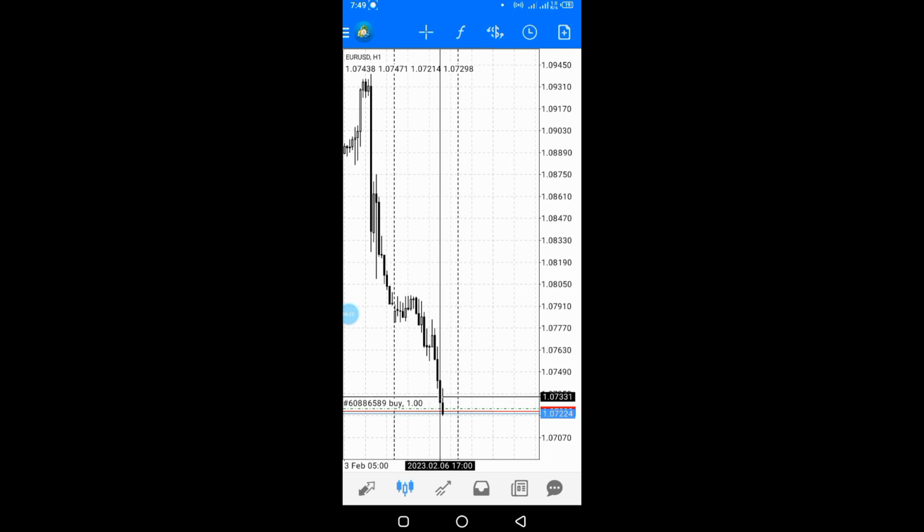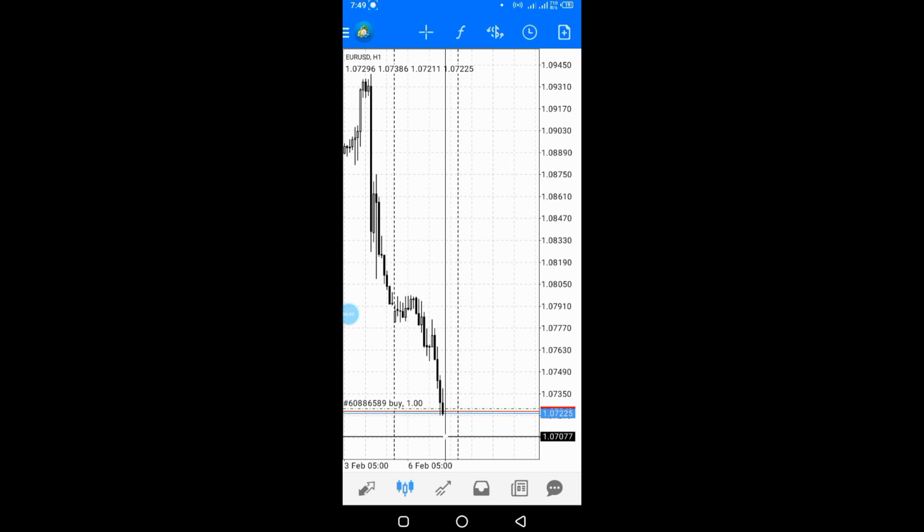Basically, it is of course above the entry point. Therefore, the stop loss is not valid. For it to be valid, the stop loss should be below the entry point and the current running price. Therefore, let's see if we can manage to set our stop loss at